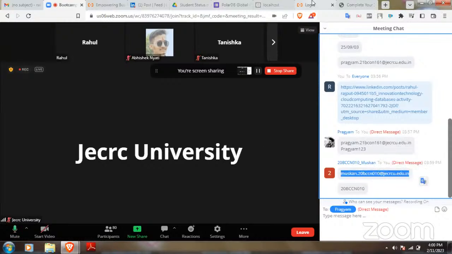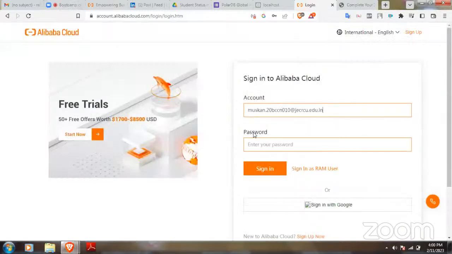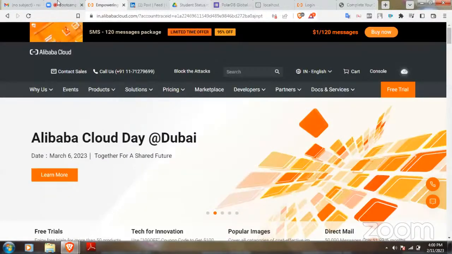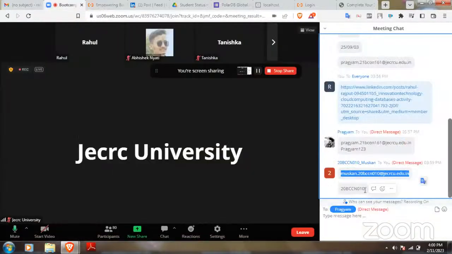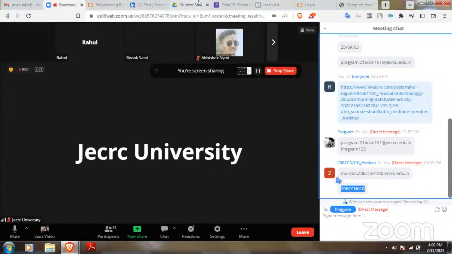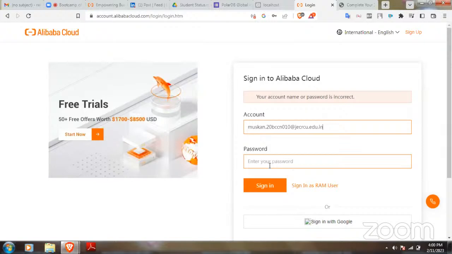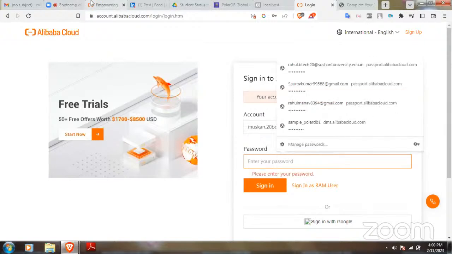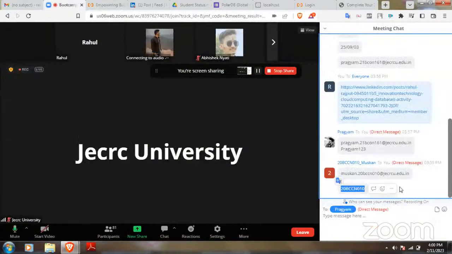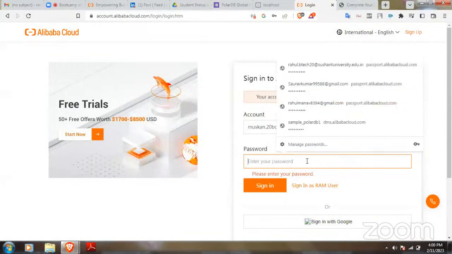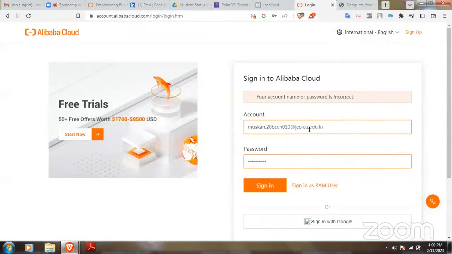The password is not correct. JCRC, I guess. No, it's not working.